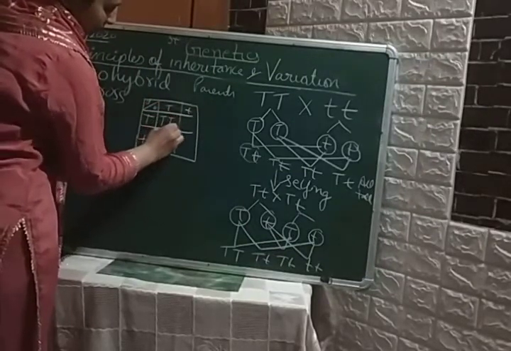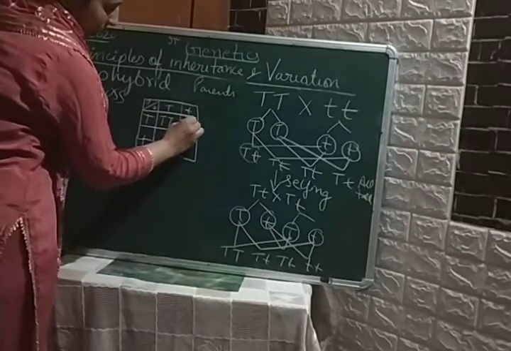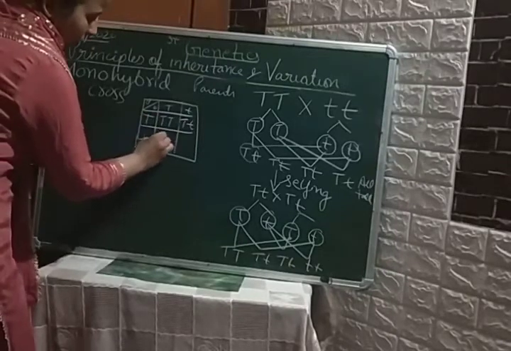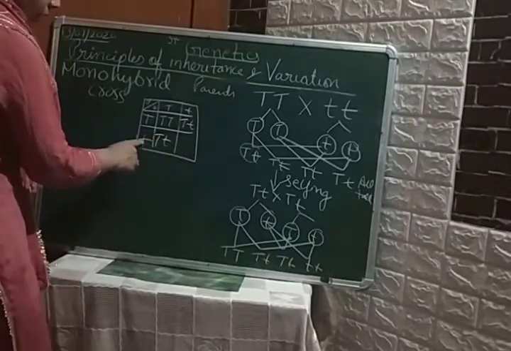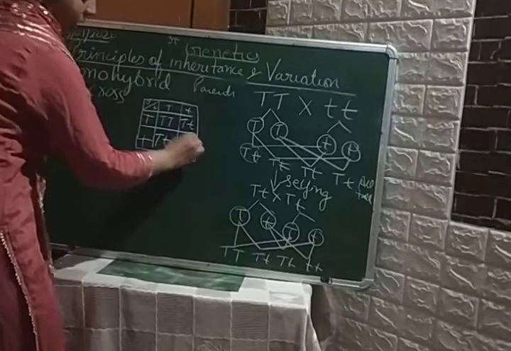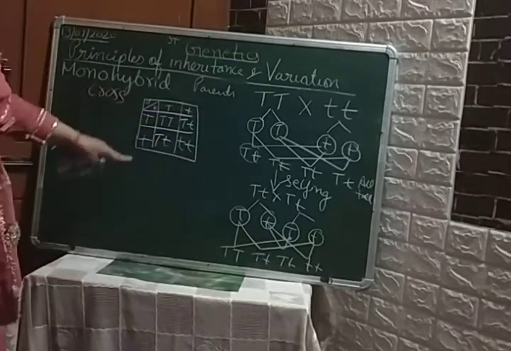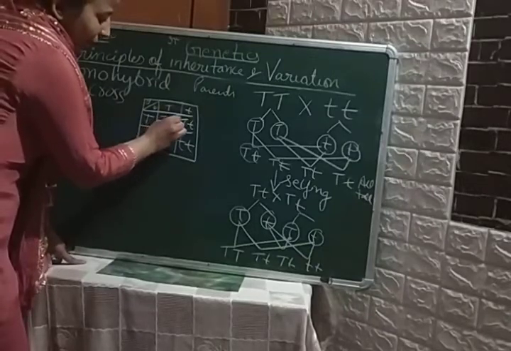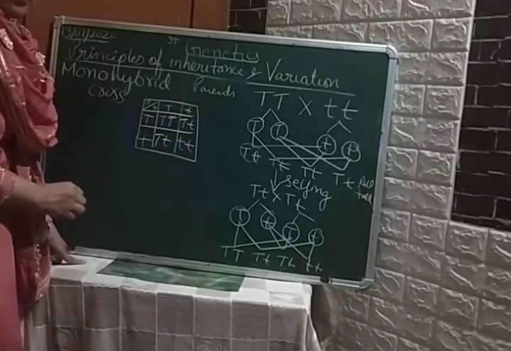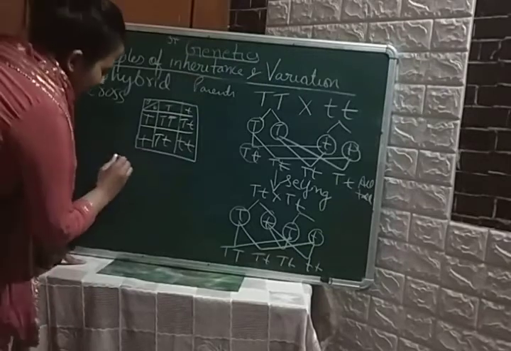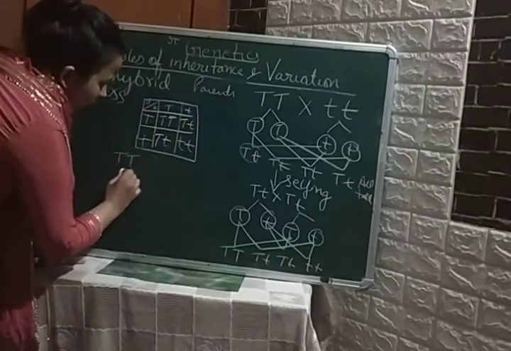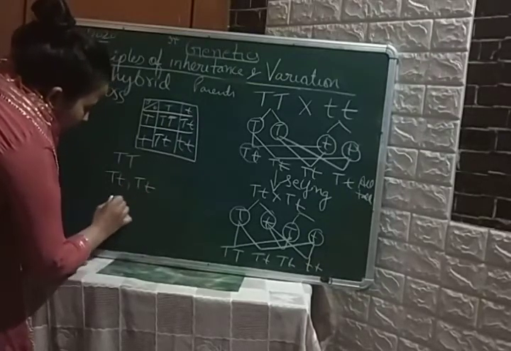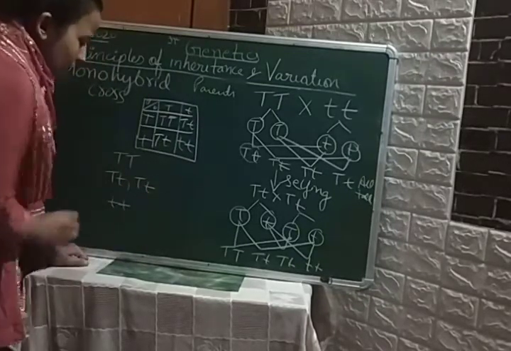Then capital T, capital T. Okay. Capital T, capital T you will write first. Okay. Then capital T and small t. So capital T I am writing first. Now both are small t, so small t, small t. Now tell me, what is the phenotype of these? Capital T, capital T. This is your tall. Okay. So I will write all here in order to prevent confusion. Okay. So two are like this. These are the generation. Okay.